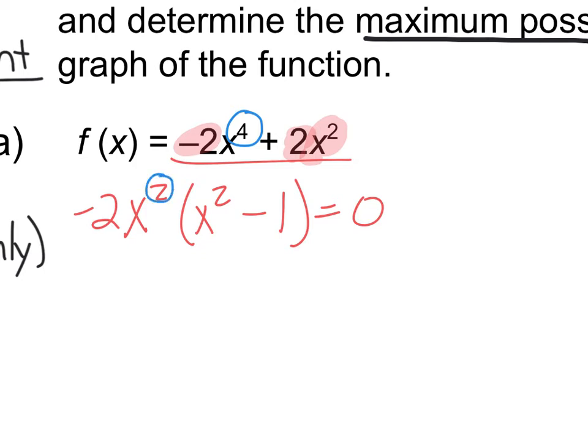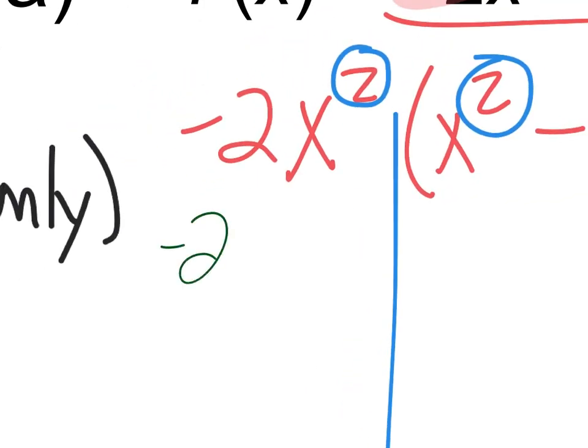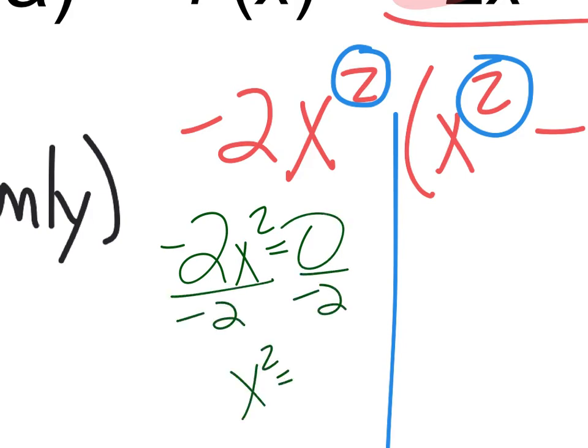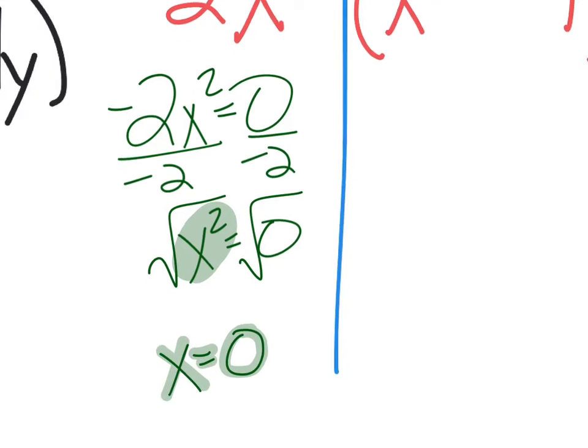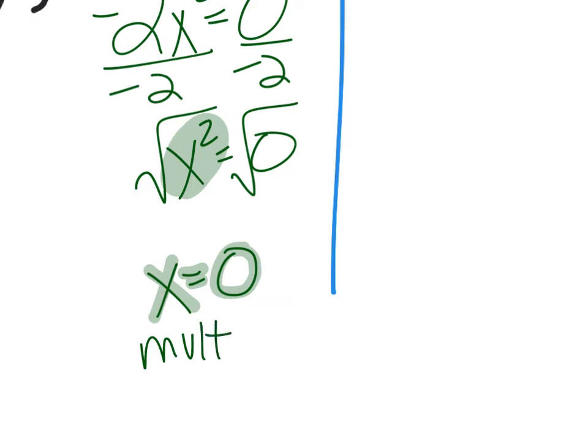Notice I'm going to get 2 here and 2 here. There's my 4. So now I still do the same thing that I would before, and I take each piece and I set it equal to 0. So if we do negative 2x squared equals 0, we divide by negative 2, and then we take the square root. Now the square root of 0 is just 0. We don't do positive or negative 0, but because this is x squared equals 0, that means that 0 is a root 2 times. So x equals 0 is one of our roots, and the multiplicity,